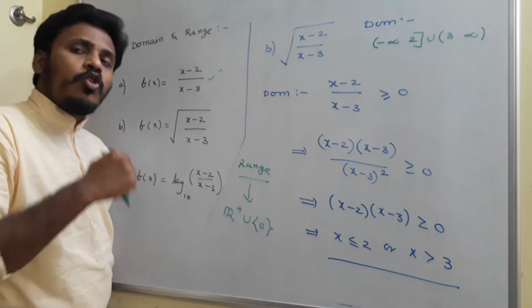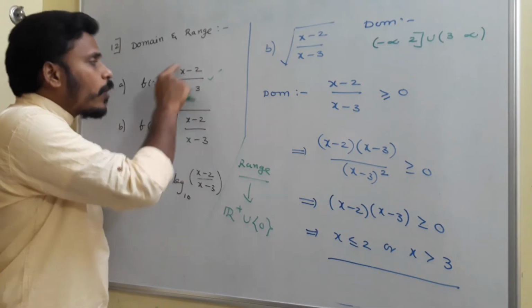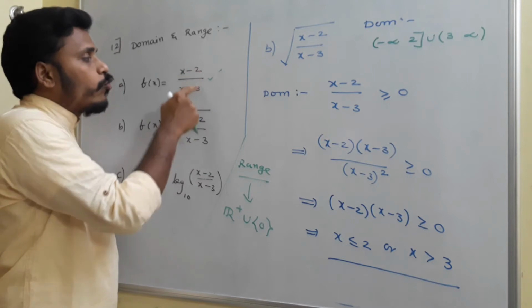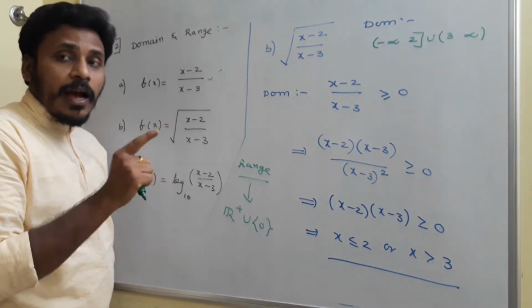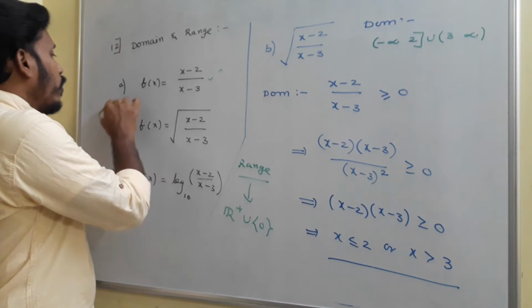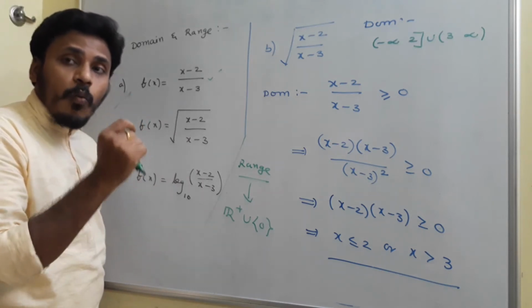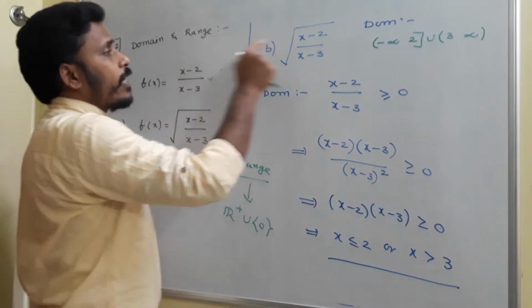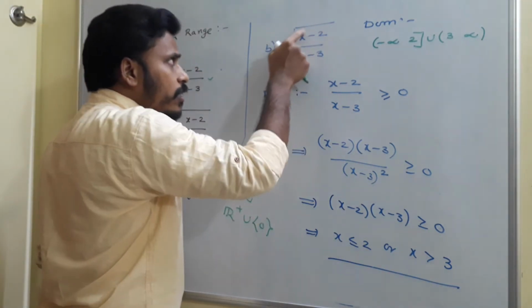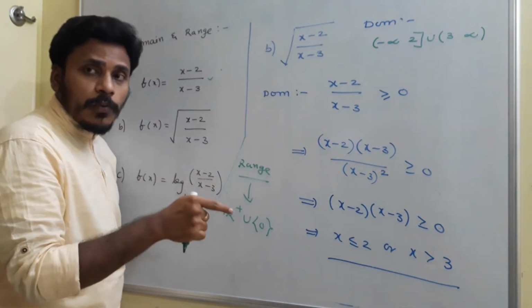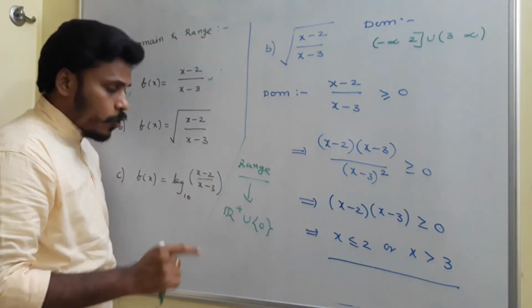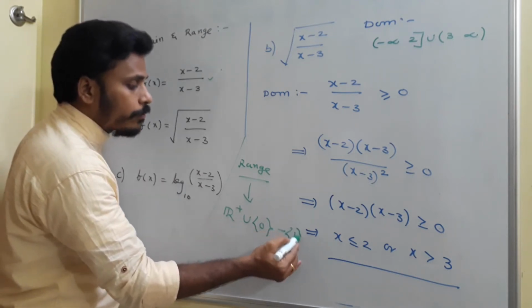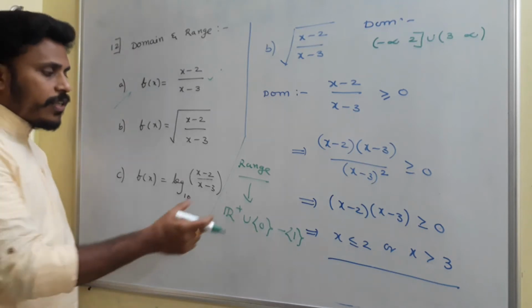If you wish, just go with the cross check. Suppose it is equal to 1, you just do cross multiplication, 2 will become 3. That is not possible, right? And that's why in the previous case we eliminated 1 from the real numbers in the range. Since x minus 2 by x minus 3 is inside the square root, this expression can't be 1. So if it is not 1, then the square root value is also not equal to 1. So all positive real values including 0, minus 1. This is actually the range.